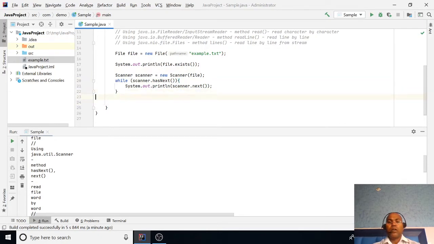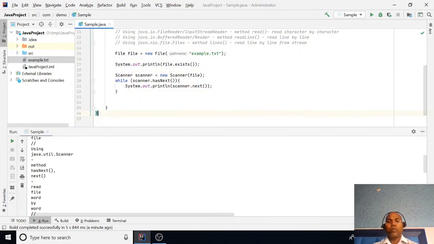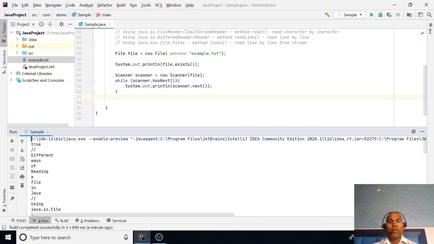This is one way. Now I am going to discuss not reading word by word. I want to read all the lines, with the new line characters. Here our file is not in a readable format. If you think I change println to print and run it, you notice that the file is still not in a readable format.